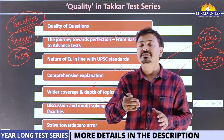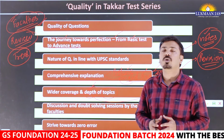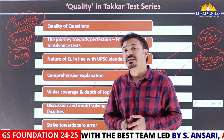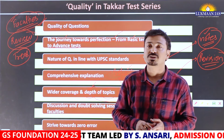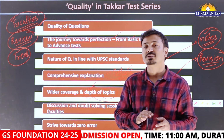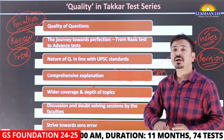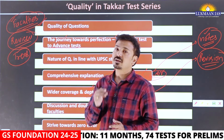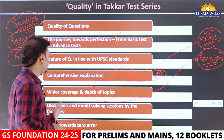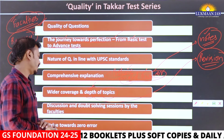And in advanced test, again, the applied angle will come. Then we can say that more dynamic nature of framing of questions will be there, and understanding and articulating that question will be the challenge. Such kind of 1 or 2 minimum questions will be asked in each and every GS paper in your mains examination. We are helping you to prepare that kind of questions also. Okay? So the coverage and depth of topics, yes, it is a very important component, and we are ensuring that in